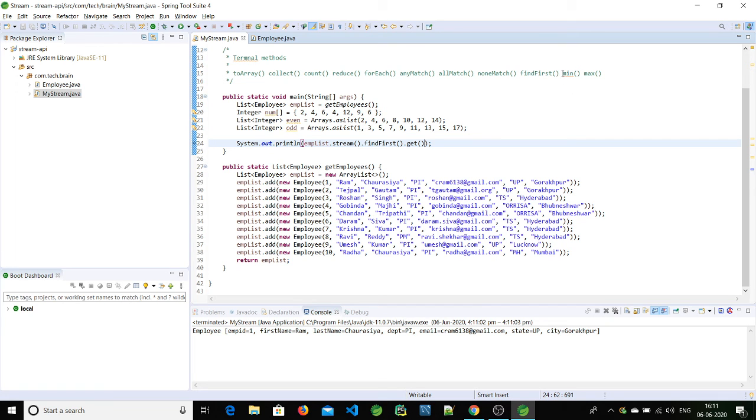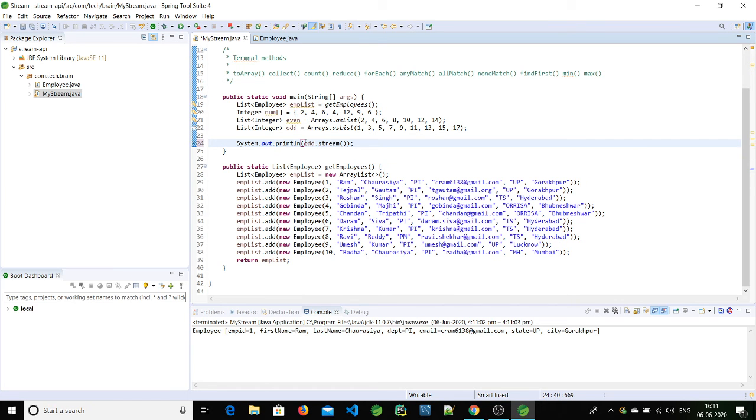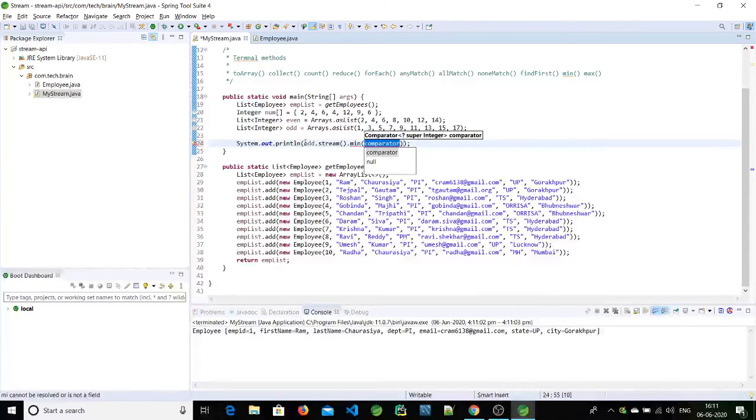Now we have two more methods, that is minimum and maximum. Let's check that as well. Inside this, I'll remove everything, and I'm trying to get from the odd list. I'll create a stream with odd.stream, and I'm trying to get the minimum value. For this min, it is expecting a comparator. Suppose here we have integer values, so directly we can say what is the minimum and what is the maximum.